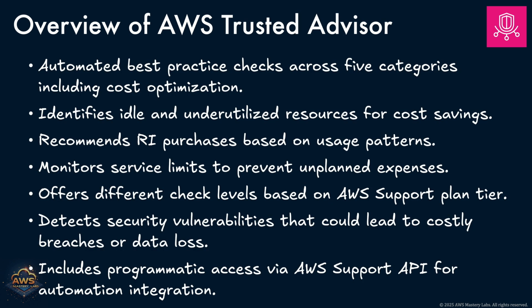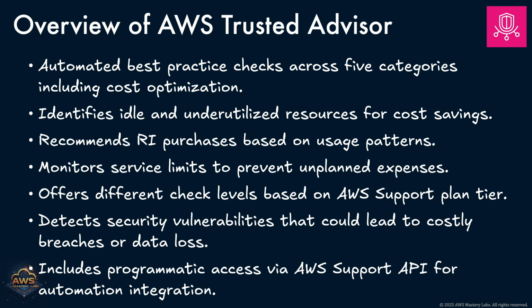When you're managing workloads in the cloud, it helps to have a knowledgeable guide, someone constantly looking over your environment, offering advice, and pointing out ways to improve. That's exactly what AWS Trusted Advisor does. Think of it as your automated cloud consultant, performing real-time checks to help you align with AWS best practices and reduce unnecessary costs. Trusted Advisor runs automated checks across 5 key categories: cost optimization, performance, security, fault tolerance, and service